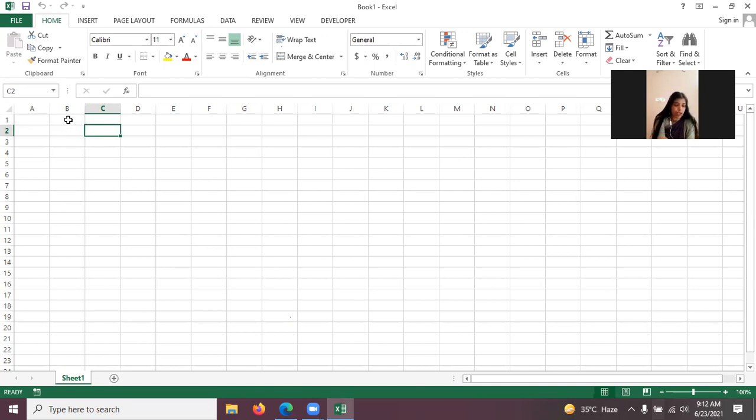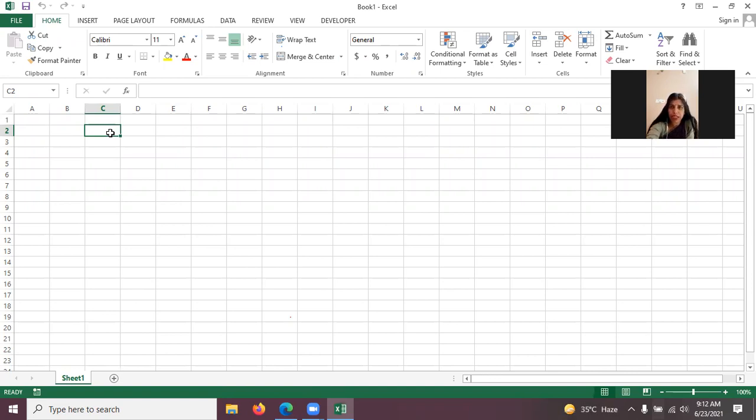So we have done all the topics till page number 58: workbook, worksheet, rows and columns, cell address. Another thing which is also given on page number 58, in the workbook topic, is the extension of an Excel file.